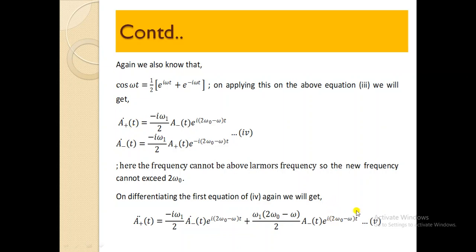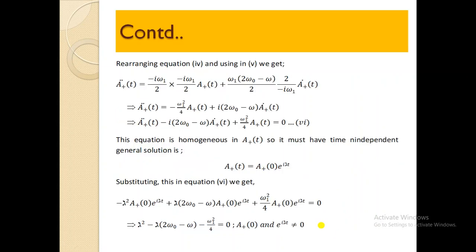We have put that, and another term is the same here. So in both terms the power of e will vanish, and then you will get an equation of this form,